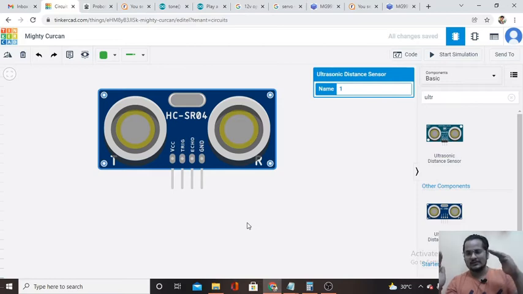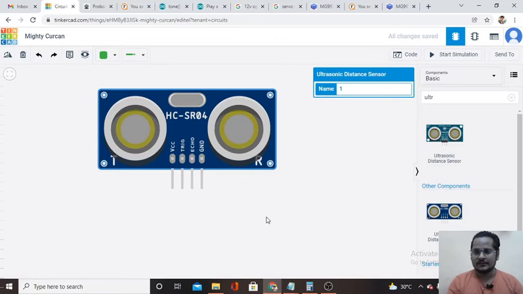If this wave goes to the object, it will be reflected from here and come back to the receiver. That way it is covering the distance two times. So to calculate the distance, we divide this duration by 2 so that we can calculate the actual distance from the object to the sensor.